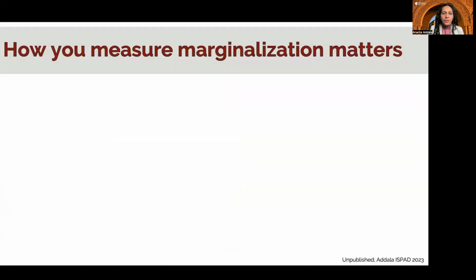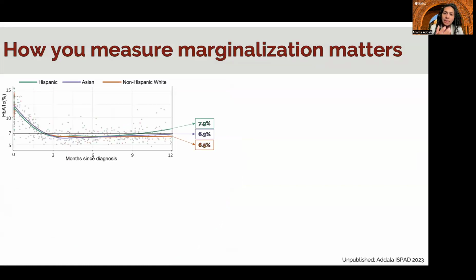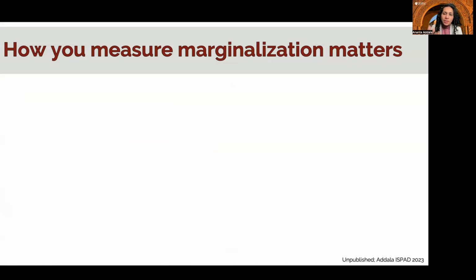And so in this consideration of how you measure marginalization matters, this is some unpublished data, but these data come from the 4T study. I'll actually go back just a second so that I can really set it up. The 4T study is based in Stanford, and what it looks to do in sum is if it's a child with the new diagnosis of type 1 diabetes, within 1 week or so, I think our mean time to initiation is about a week, we make sure that every child newly diagnosed with type 1 diabetes is offered a continuous glucose monitoring device, that they get education to know how to use it, and that it's done in a linguistically